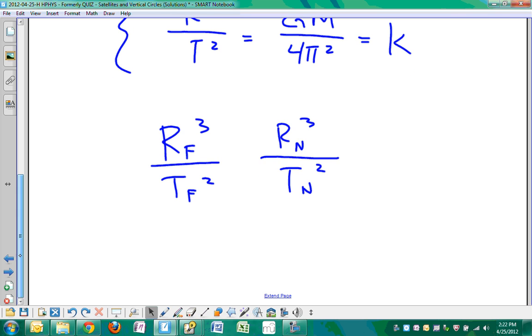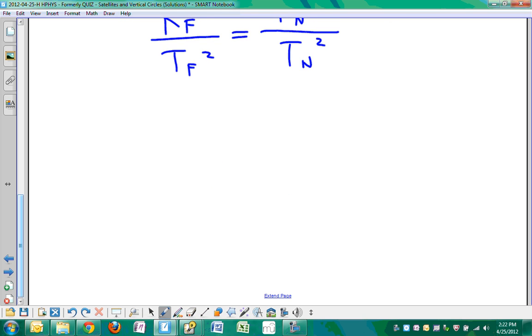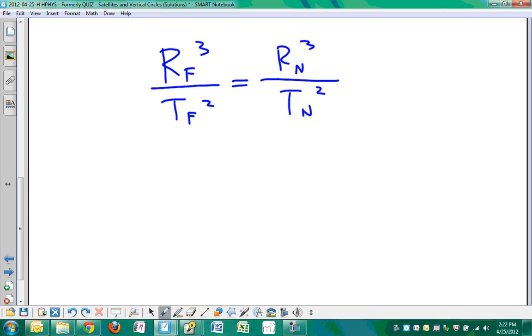If this is true, you can understand that if we just invert it, that would be true as well. Or we could just run through it here. We cross multiply and get T farther squared times r near cubed is equal to T near squared times r farther cubed. And then we end up with T farther squared equal to T nearer squared times r farther